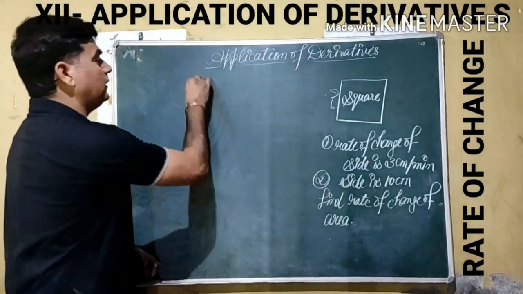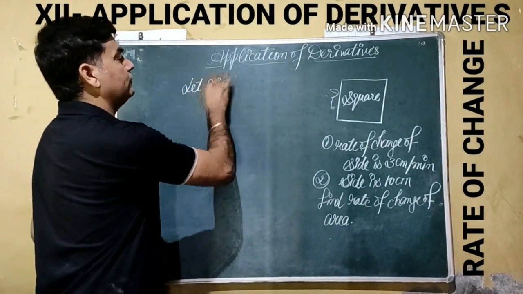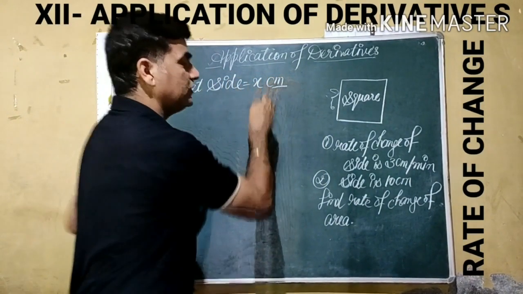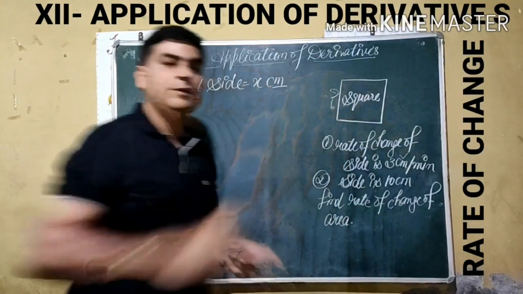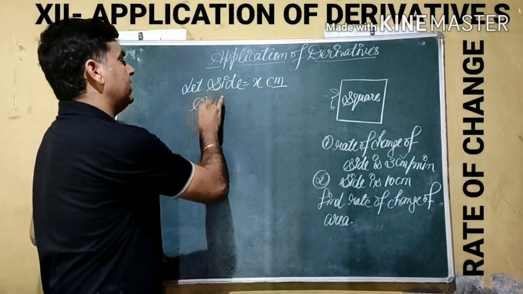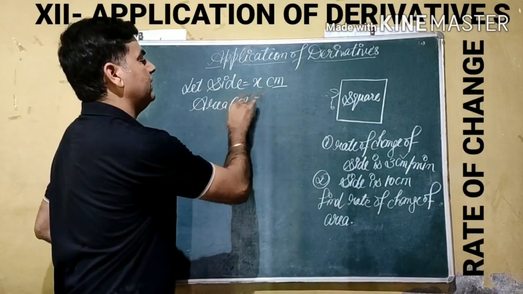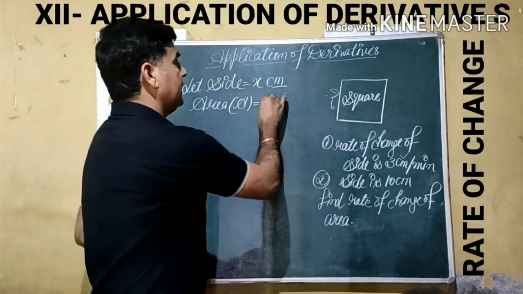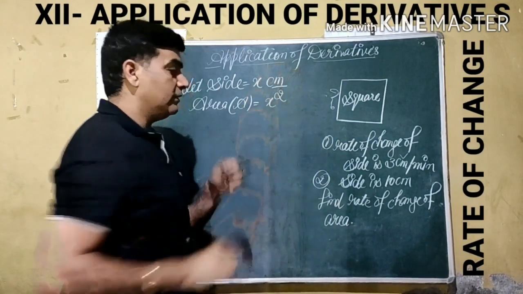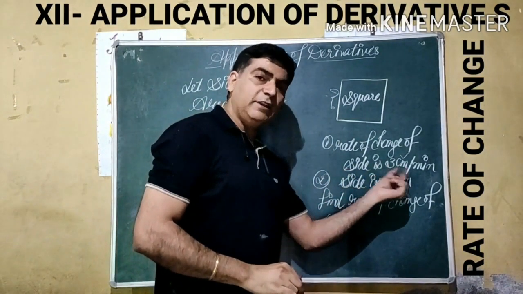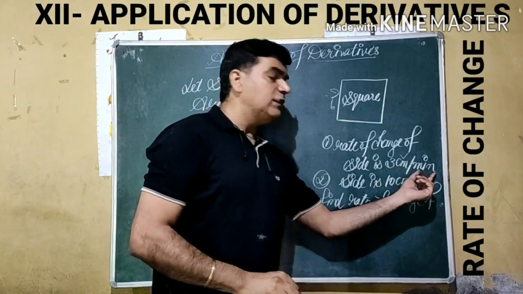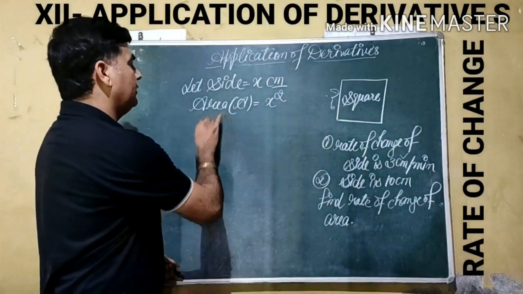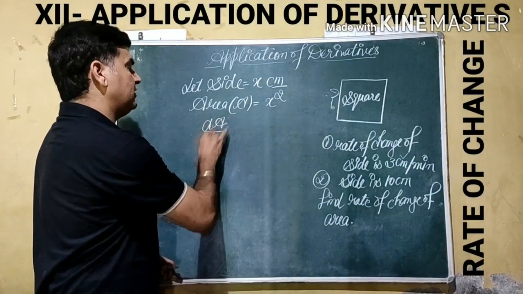First of all we require the side of the square. Let the side be x centimeter, because the unit given here is centimeter. We have to find the change in area. We indicate the area by symbol A, and we know the area of a square is given by the square of the side. Here the indication given is 3 centimeter, meaning it is length, with respect to minute, meaning it is with respect to change in time. So we have to take the derivative of area with respect to change in time.